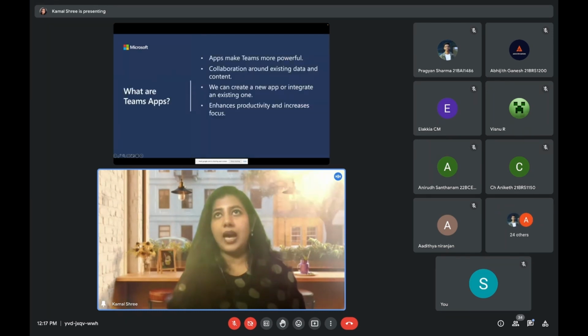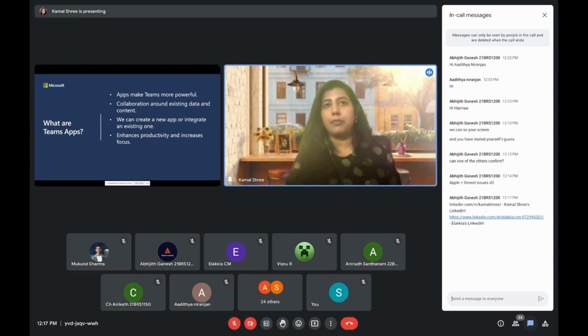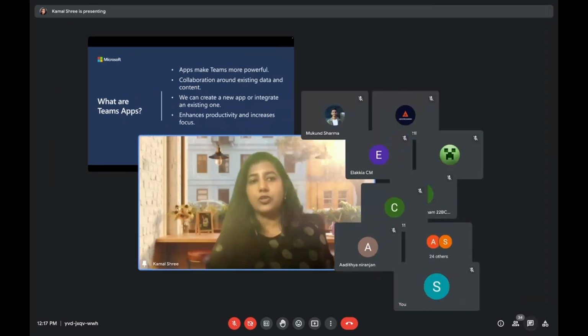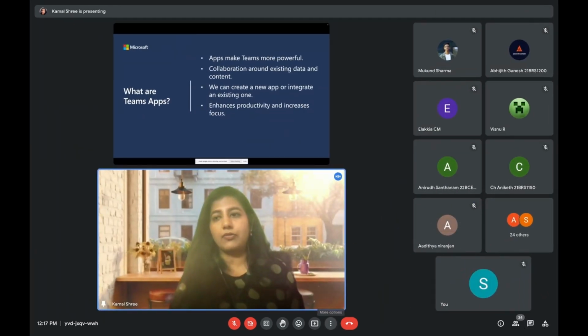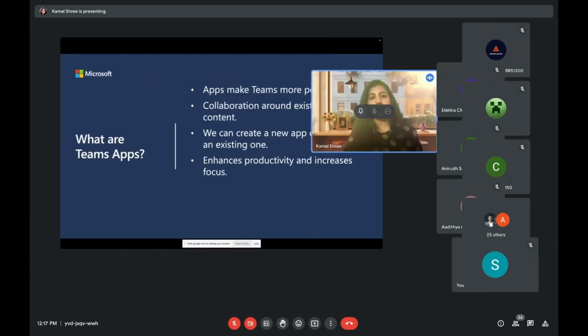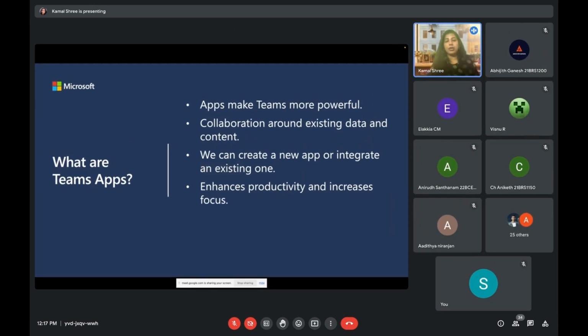So as I told you, apps are very predominant. They are ruling the market, whether it's a mobile app, desktop apps, or any applications that you use for entertainment or any of your appliances, everything is based on apps. Even the water filter I have at my home runs on a particular app. The moment the filter has to be changed, I get a notification on my phone app telling me it's time for the filter to be changed. So everything is getting so easy at the touch of your finger.